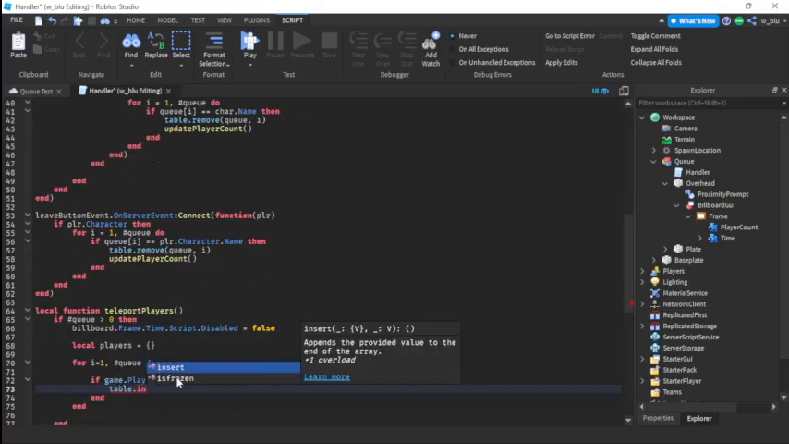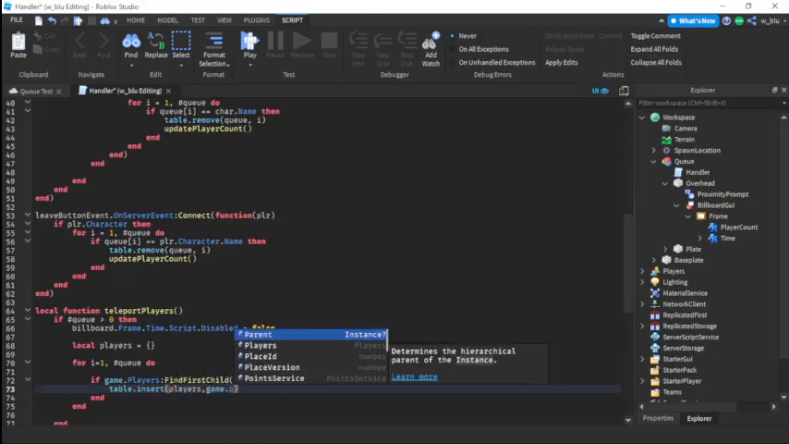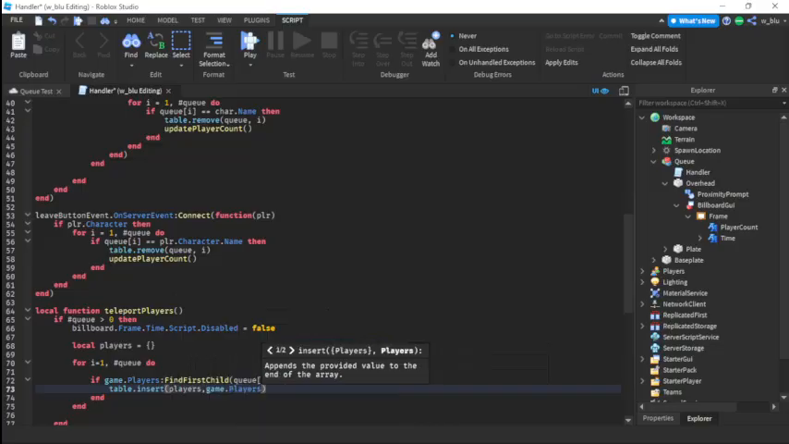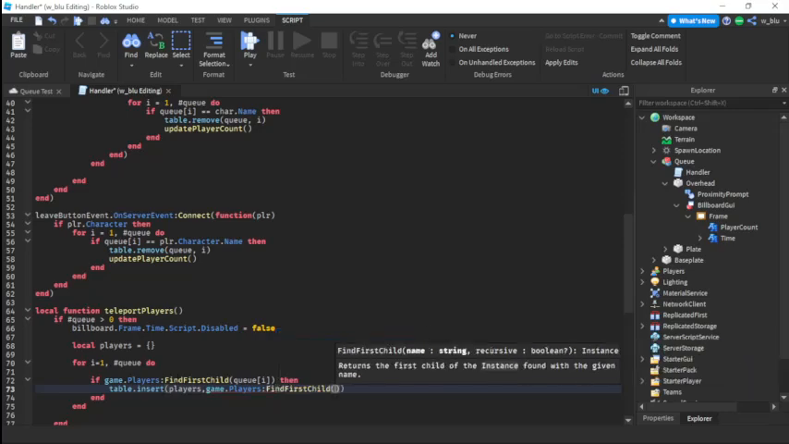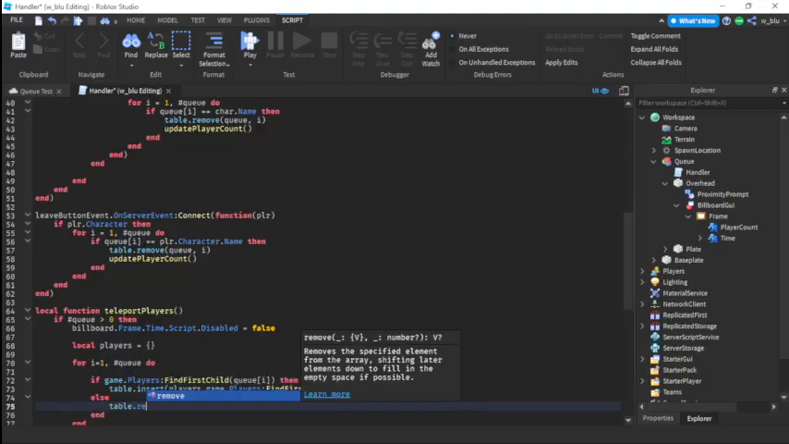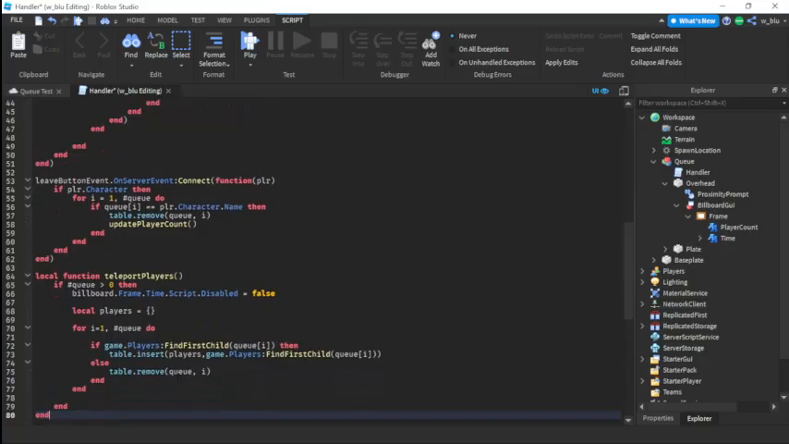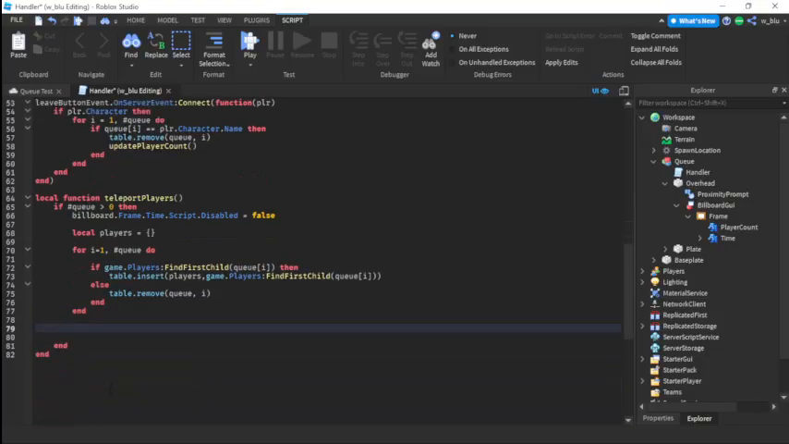if game.players, find first child, QU, and then in square brackets I, then table.insert players, comma, game.players, find first child, QU, and then brackets I. Okay? And then we're going to do else table.remove QU, comma, I. Okay, like that. Then at the end of for and end, this is almost the last part,